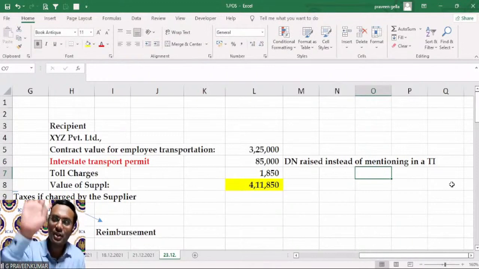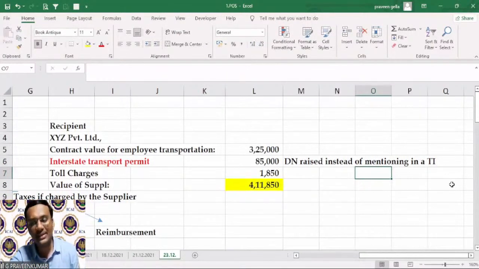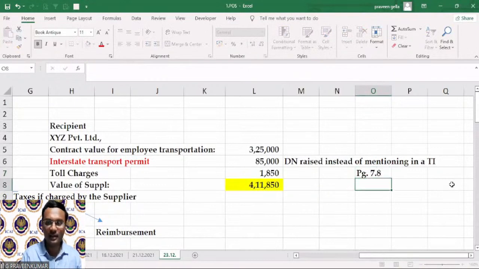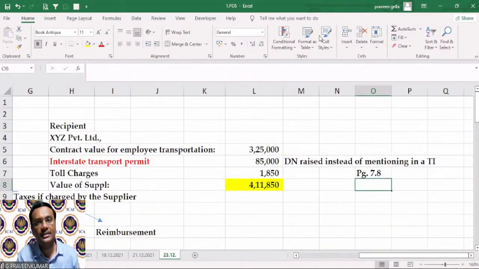I have charged on the face of invoice or I have shown separately, definitely forms part of my supply value. Why? Section 15, subsection 2, clause A talks about that. Refer to page number 7.8. This is the answer to your question, Janik. Let me go back to the questions. Next, there is a question from